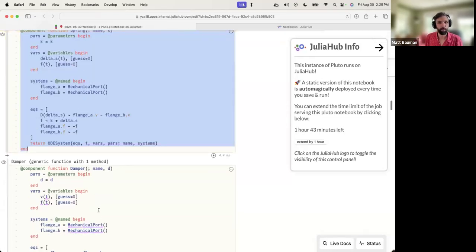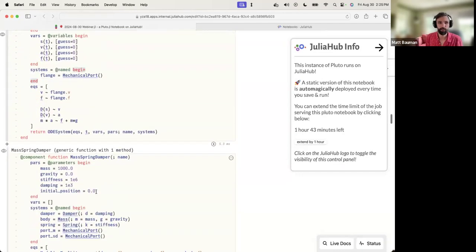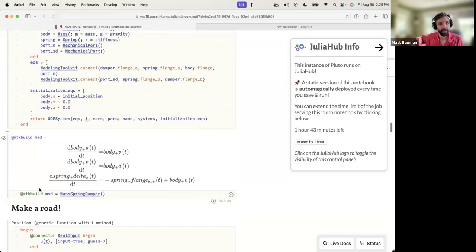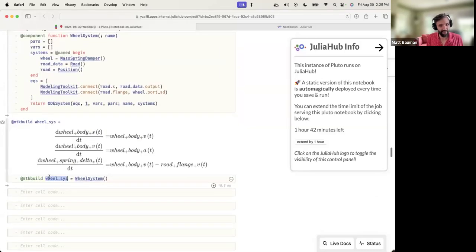The final version will have the correct answer here. I'm sure I just typoed something, but you can see that our mass spring damper system knows its system of equations, which is what we should have seen 20 minutes ago. When we connected our road now to it, we can see that we have our wheel system. It has all of these equations to it as well. And now we can go in and